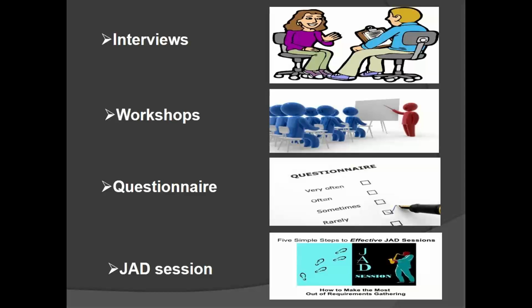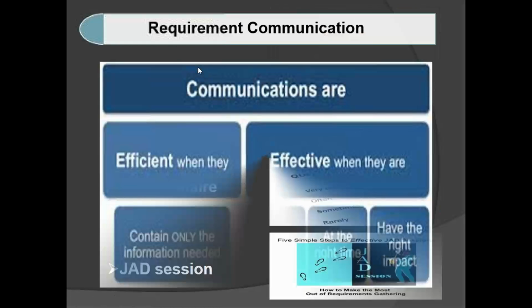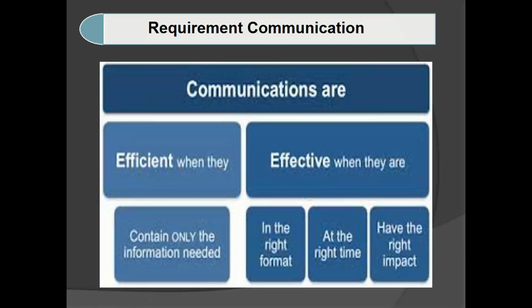Okay. Then the fourth knowledge area is requirement communication. This communication is also going to act as one of the important pillars for the implementation and development of the project. Okay, so whatever requirements we have gathered, we have to communicate to different stakeholders like developers and testers. So we have to communicate in the way they understand. So for that purpose, we are going to use UML diagrams.